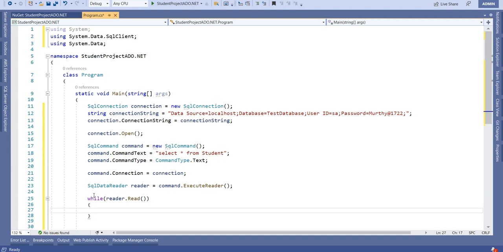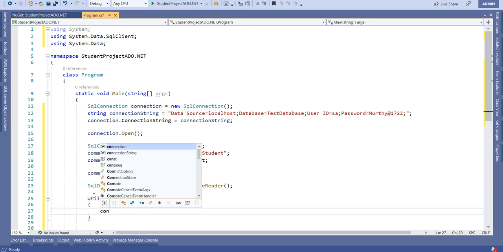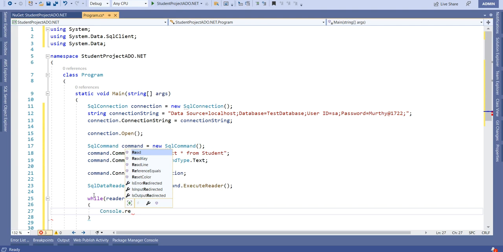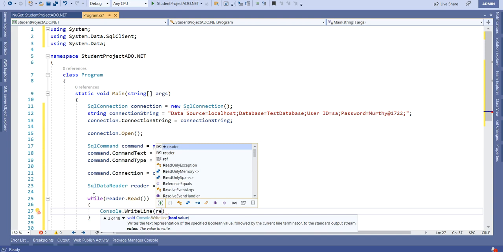let us print this data on the console. In the reader, we have the indexing technique through which we can retrieve the data. So console dot read line, not read line, sorry, write line, reader of.